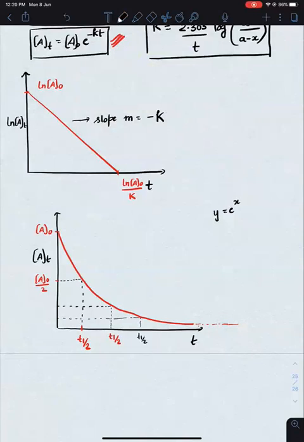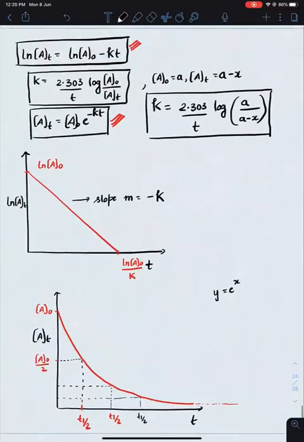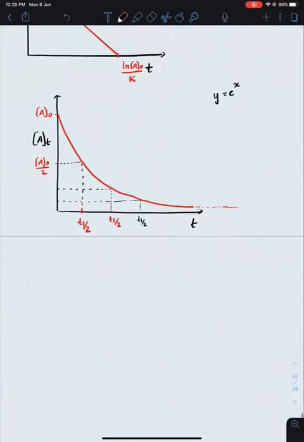The time of completion is infinity. We will see the expression for it. Okay. What is the graph for? We also need to plot the graph for rate, right? What is rate?